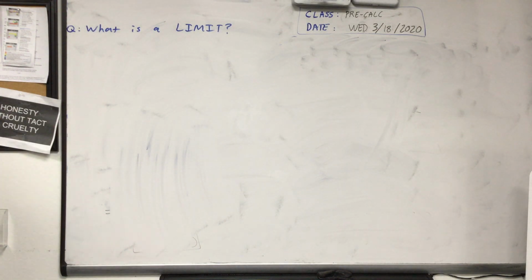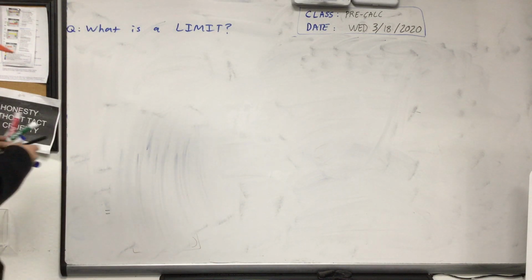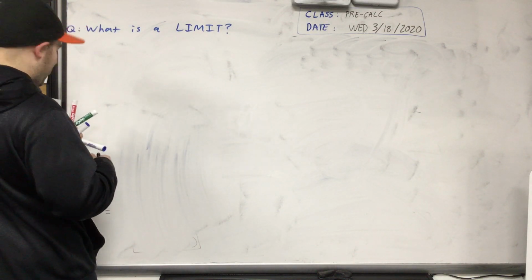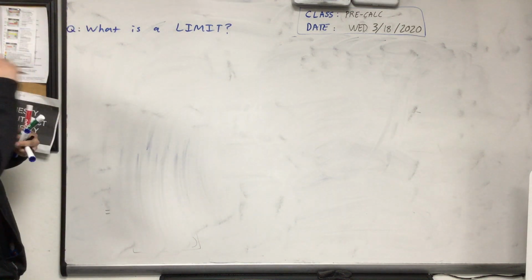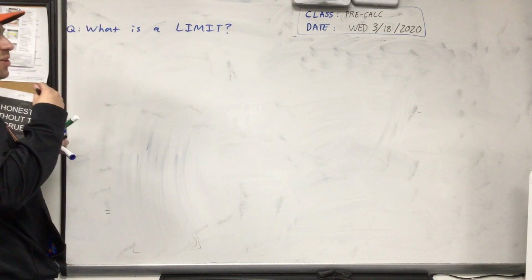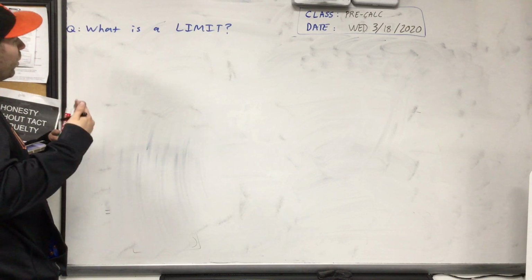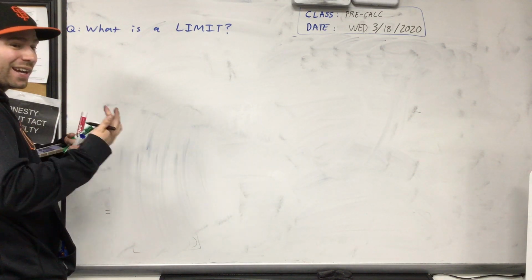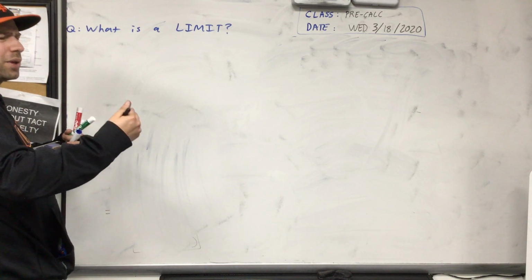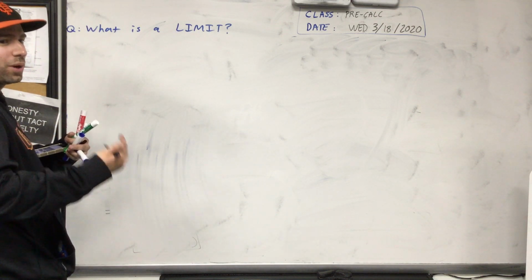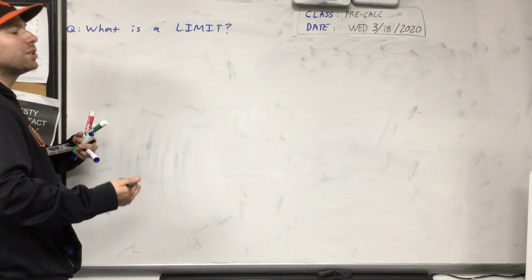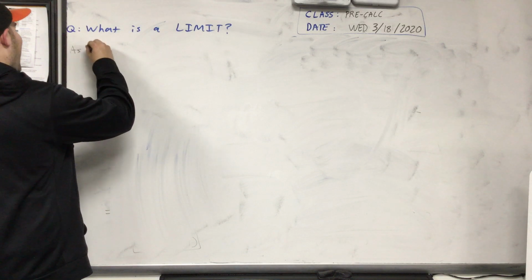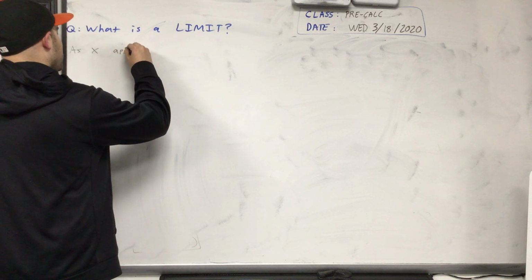So let's take a look at the full definition of a limit. So as x approaches a certain value, y approaches a certain value too, right? So we're talking decimals. Let's say you want to get closer and closer to x equals 3. Well, let's go 2.9, 2.99, 2.999, 2.99999, or from the other side, 3.1, 3.01, 3.001. So we're getting arbitrarily close to a particular value. So a limit, as x approaches a certain value,